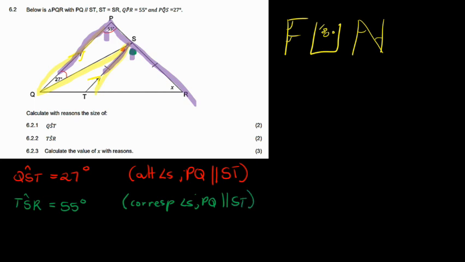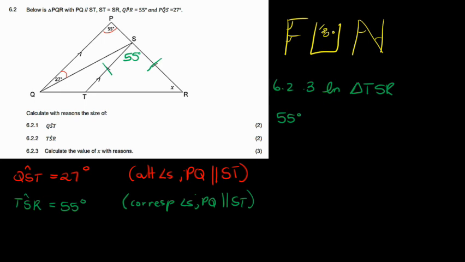And then now, just to erase everything, they're asking us to work out x. I'm sure you know by now from the previous question that as soon as you see this, you think of isosceles, angles opposite equal sides. They've already asked us to work out this, which is 55 degrees. So basically I'm going to answer it here. So 6.2.3: you just have to state which triangle you're working with. So in triangle